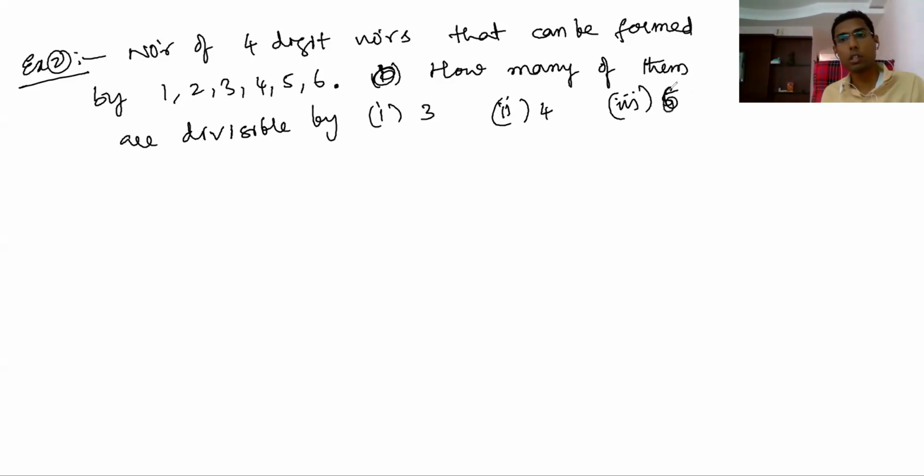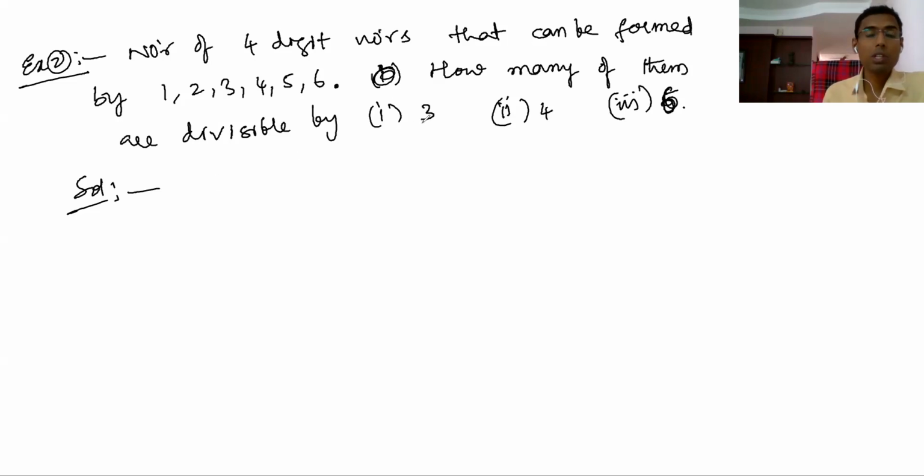Okay, 6. Let's take 6. This kind of questions are there. This is the last question. 10:30 I will stop because next class we are going to start. Okay, right? So your solution. So what is that? Divisible by 3, 4-digit number, na? So total 4-digit number divisible by 3, na?